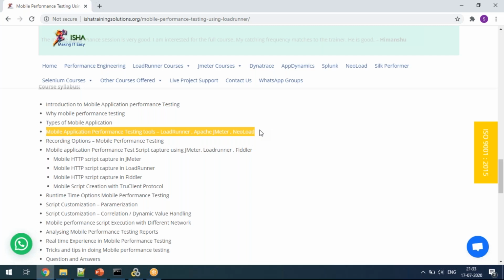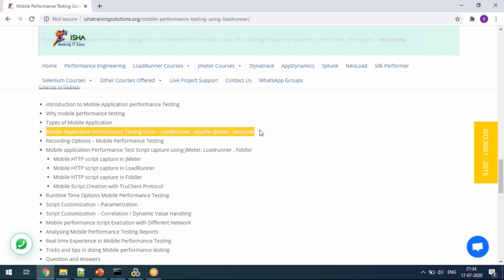They promoted themselves as a mobile performance testing tool because LoadRunner and JMeter were already very leading tools in the industry. So they used this strategy to come into the market. They mentioned that we are very good in mobile performance testing. That is how they came predominantly into the market. Okay, we will cover LoadRunner and JMeter, the emitter part of the application recording.